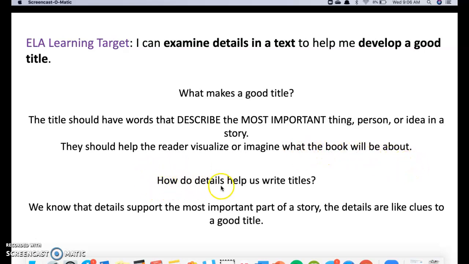Now, how do details help us write good titles? We know that details support the most important part of a story. The details in this case are like clues to a good title. We can use those details to create our title by finding the most important thing, person, or idea in that